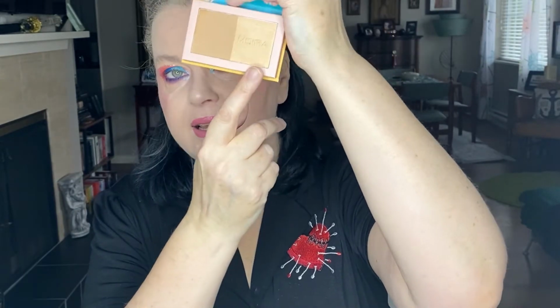Then I also used the Sunflower Beauty palette from Moira, which is one of the blusher palettes. I have, I think, at least 8 different ones. I took, of course, the orangey yellow and the red, then I've got the red on my cheekbones today. And then I started playing with the Caught in the Sun, and this is the Duo Bronzer Goddess palette, and I took the lightest shade, of course, and then there's what I used as my bronzer. And then for highlight, I actually used this shimmery shade here, and it actually worked really well as a super natural highlight. So this is the look, but not the look that we're going to be creating on the video,